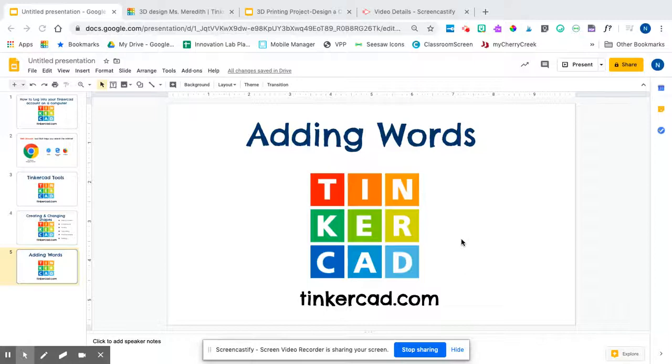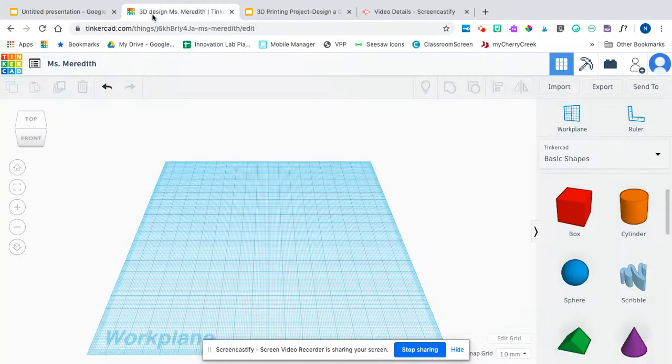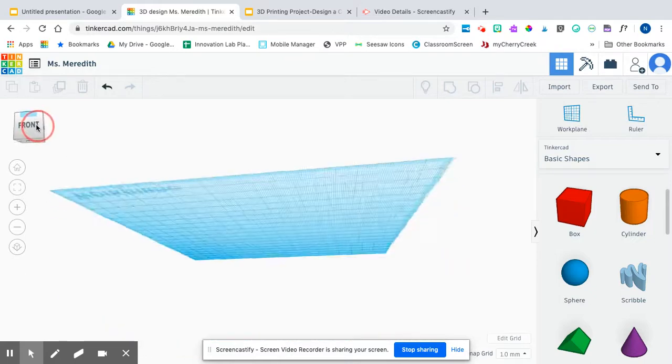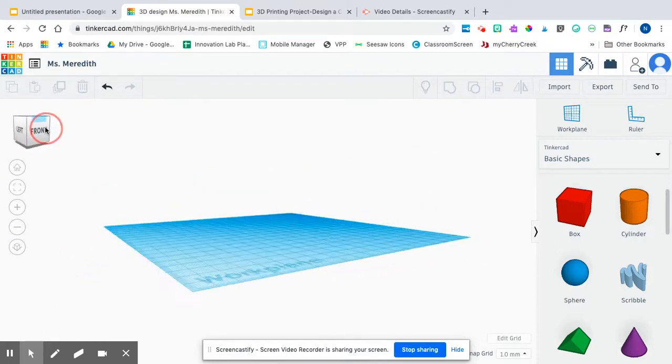In this video, I will be showing you how to add words into your 3D prints when using Tinkercad. Here we have our work plane, and if you haven't watched the other two videos about how to use the basic tools and where the shapes are in Tinkercad, I would suggest you go back and watch those videos. I will be using the view over here quite a bit, so just for you to keep in mind,